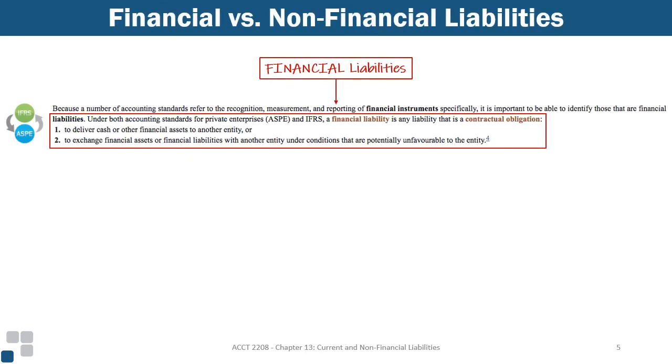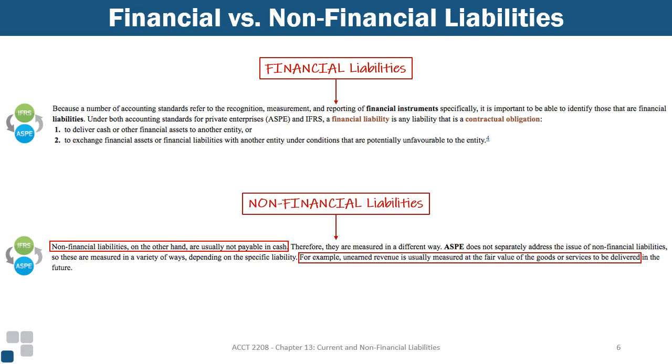So now I'll just briefly discuss the difference between financial and non-financial liabilities, and that may seem like a bit of a weird thing to discuss. We're talking about financial accounting. It's all about dollars. What's financial versus non-financial? Well, basically, a financial liability is anything that is a contractual obligation and that's typically settled or delivered in cash or other financial assets, right? Whereas